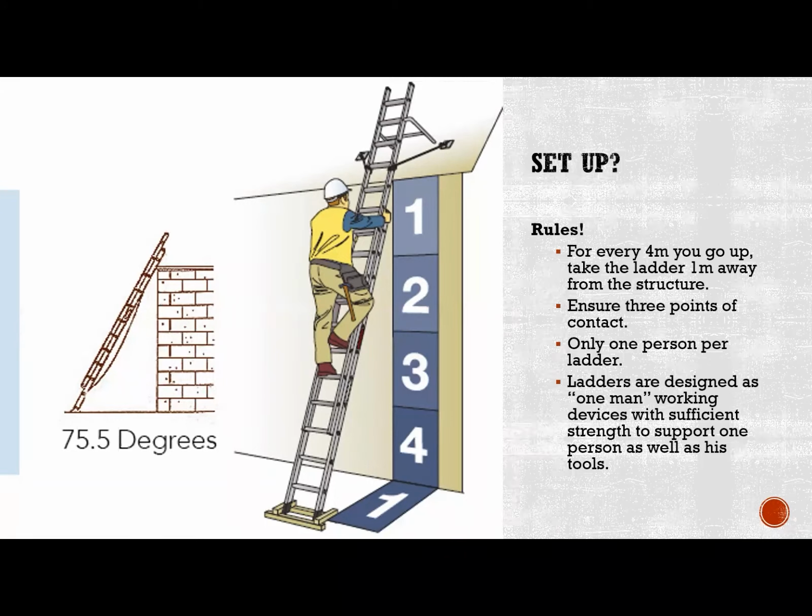And so if you look in this picture, hopefully you're not driving, and if you are, please don't look at the picture for too long. But the description of this picture is basically a person climbing up a ladder with both hands being utilized to be able to climb. You'll notice that he's not carrying any tools or equipment in his hand while climbing up. He has a tool belt. His tools are in his tool belt. He's got his correct PPE on, and he is not using his hands for any other purpose other than actually